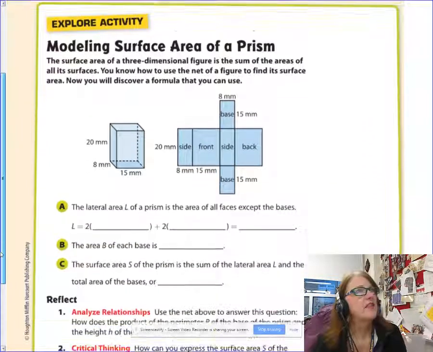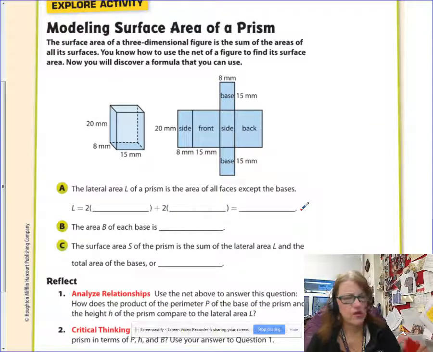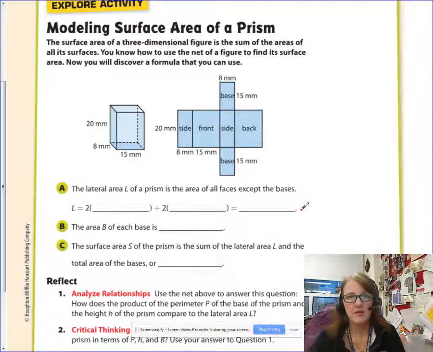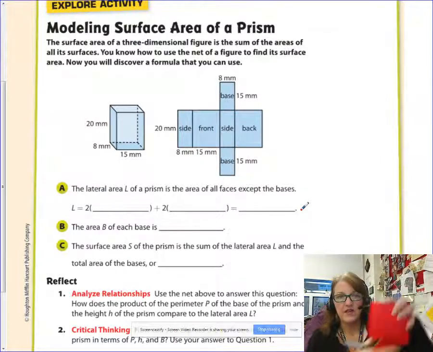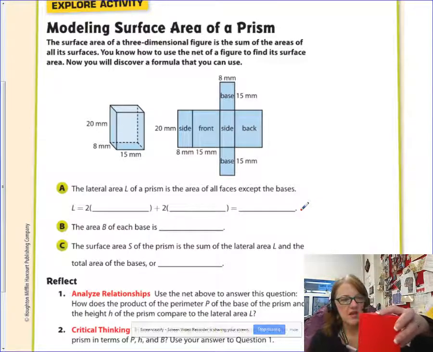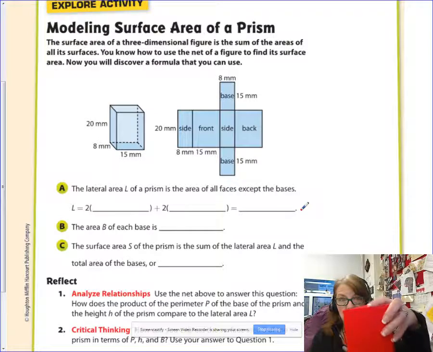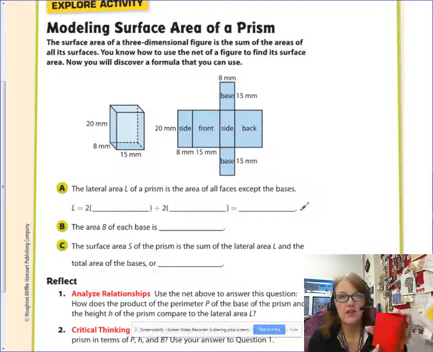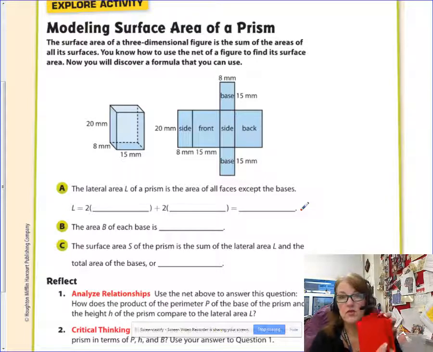So last year, I think you did a lot of work with some prisms and things. And so just to remind yourself, a prism has a top and a bottom base and then comes straight up. All right. So for example, if I had something like this, okay, looks kind of a cool shaped box. The top and the bottom, and granted you can turn it, I mean now it looks like a tent and so on, but the top and the bottom are triangles and every side is a rectangle. In fact, the lateral sides, and that's what we are referring to as lateral area, those are usually rectangles on